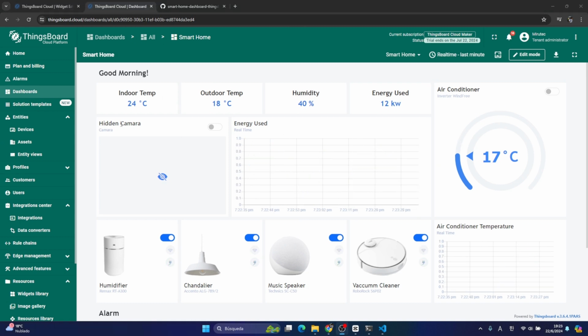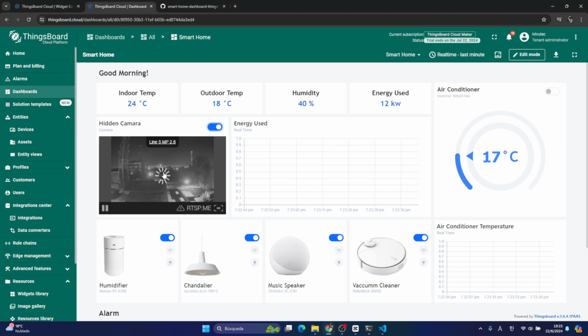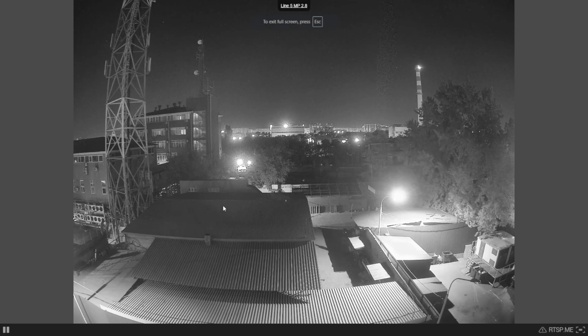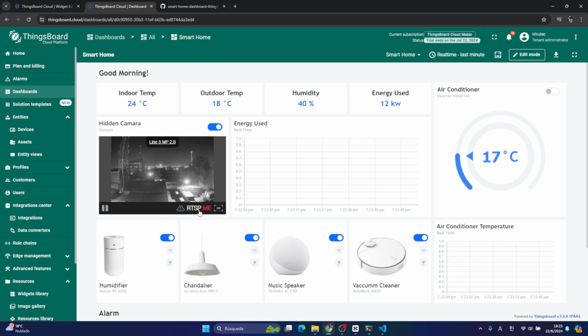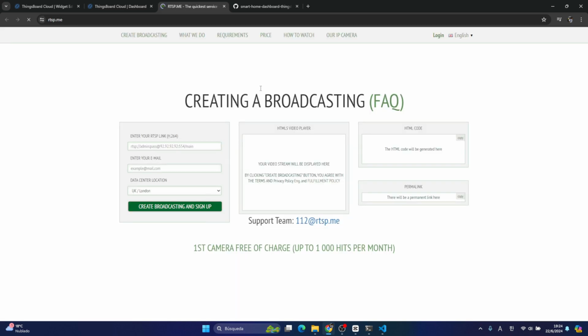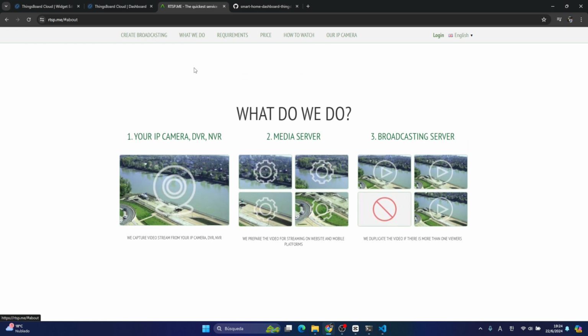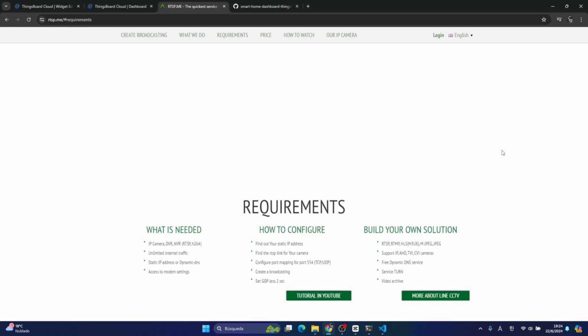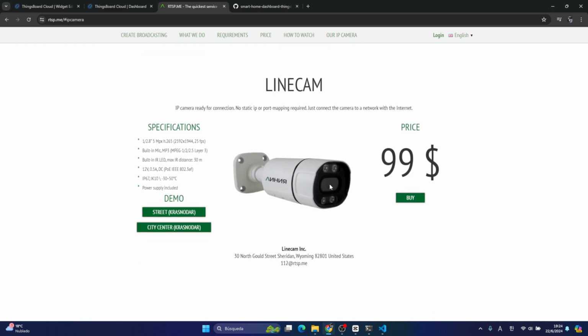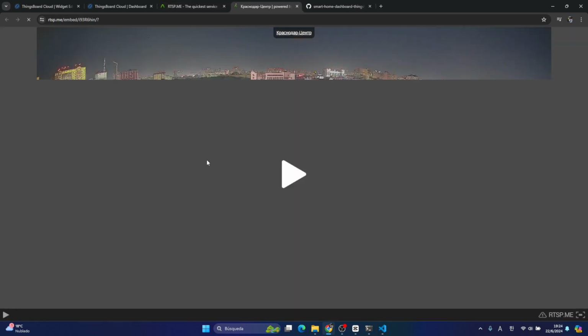Alright, so let's talk about this hiding camera widget. This is an IP cam viewer. If I turn this on, you will see the IP cam in real time, like this. And if you don't know how it works, we are using this service as an example. If you go to the application, you will see how it works. For example, here you can connect your IP camera to this server, and then this server will stream to other viewers. So for example, here there is another IP cam free,